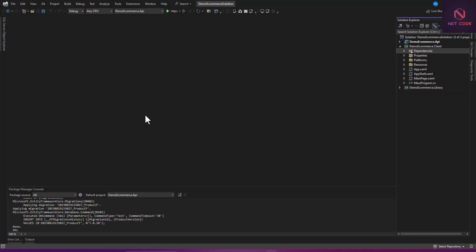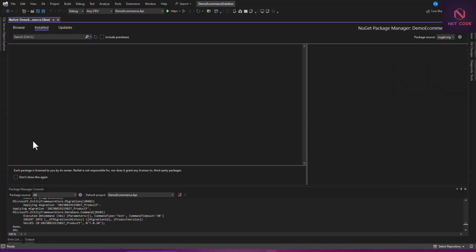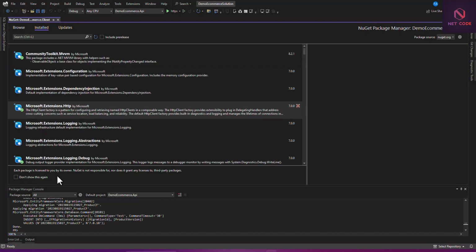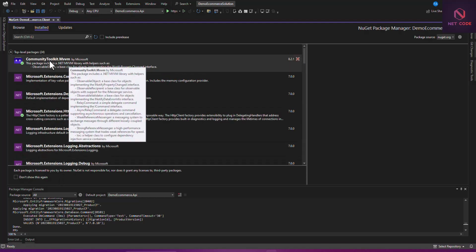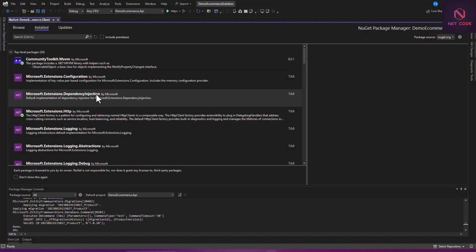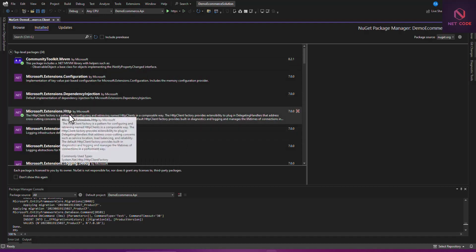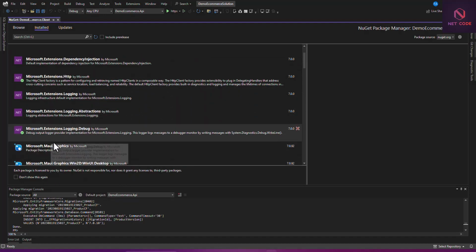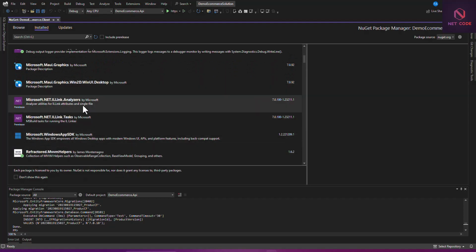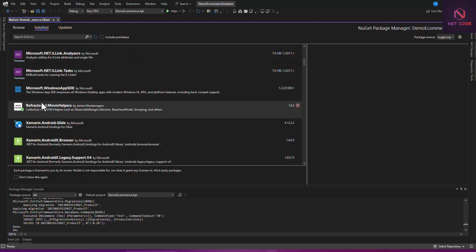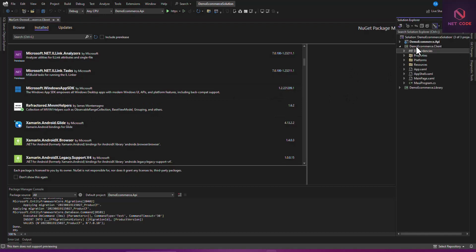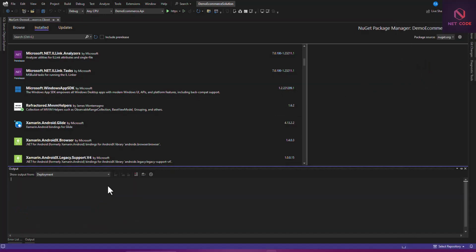So you can go to manage NuGet packages, and now from here you can just go to browse and I'll try to install these packages specified. And that is the first one here. We have this toolkit, we have the HTTP right here, and we have the helper. That is it. Okay, so we can now build this project